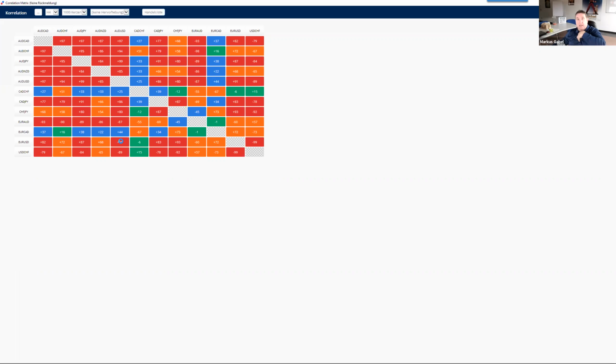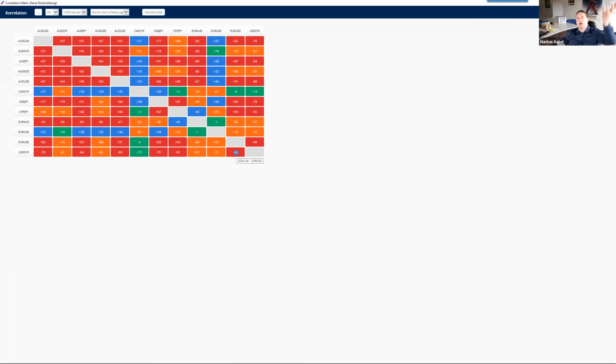So I can share my experience. I only work with negative correlations. It's the better thing. So just have a look at minus. Minus means, look at this one. For example, USD Swiss franc and Euro USD minus 99. Which means that's an almost perfect negative correlation. Most of the time, and I set 4-hourly charts with 1,000 candles, they move in the opposite direction.